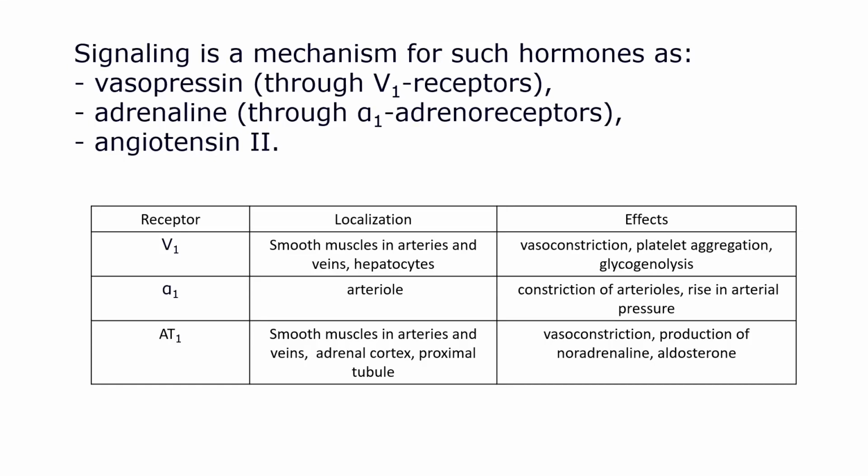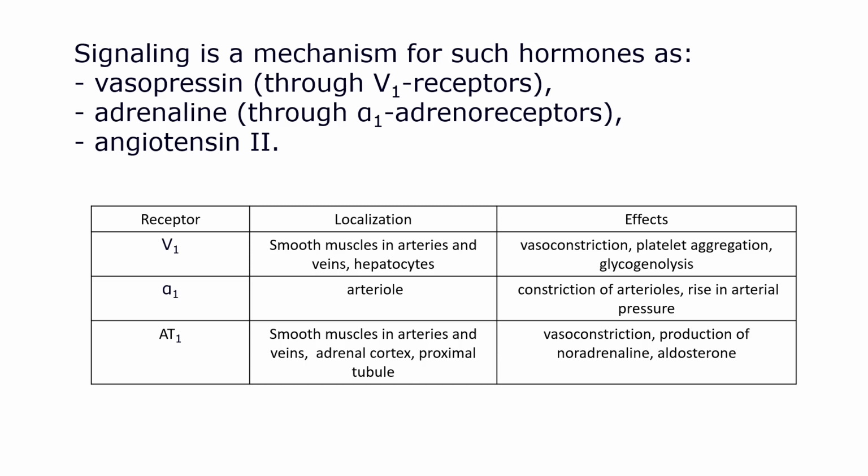This type of signaling is a mechanism for such hormones as vasopressin through V1 receptors, adrenaline through alpha-1 adrenoreceptors, and